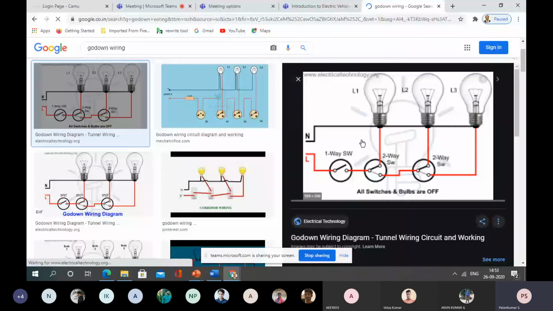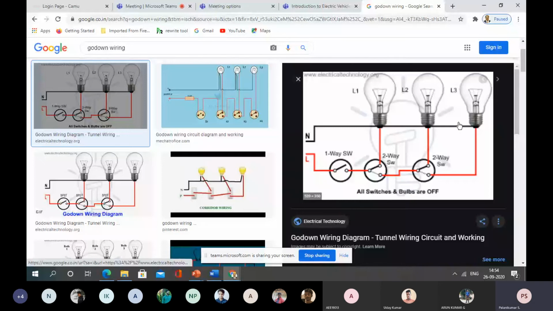If you see, this is how it is. Here there is one ordinary single-way switch. If you are having n number of lamps, n minus 1 two-way switches are needed. Suppose I have 5 rooms, 5 lamps. So 5 lamps means I need 4 two-way switches and 1 single-way switch. I am going to connect the switches like this for continuous godown wiring. Here I want to ask only one question: how will you implement logic gates for this concept?